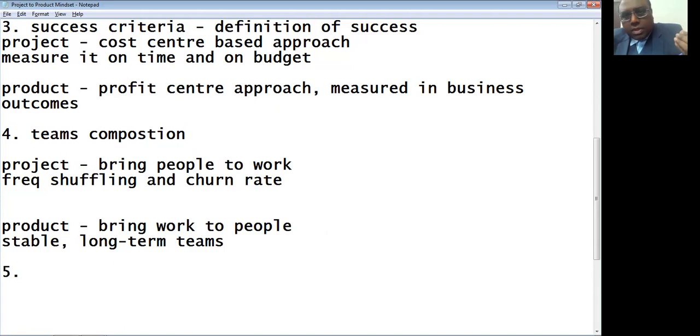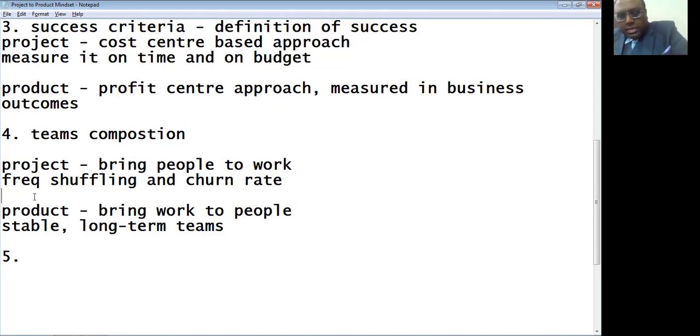how can you expect predictability, productivity, responsiveness, and quality? Because for you to have predictable productivity, responsiveness, and quality, either the requirement should not change beyond a certain level, which is not possible in this particular VUCA world. So at least don't change the team frequently. Too many parameter changes will not actually take us anywhere. So those aspects we may need to keep in mind. Okay, this is more from a team composition.